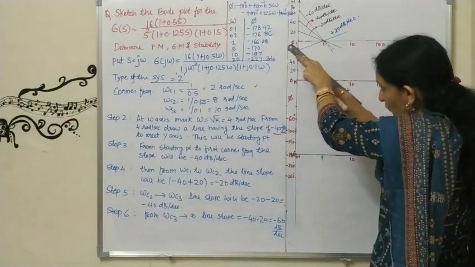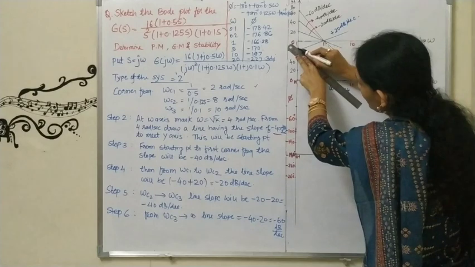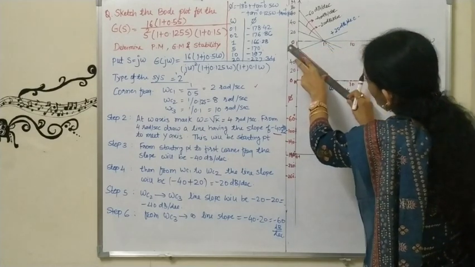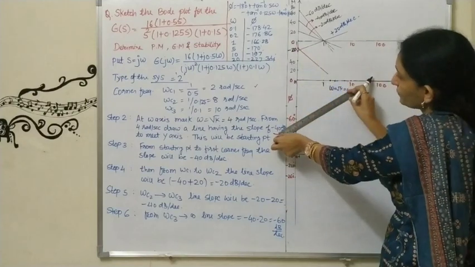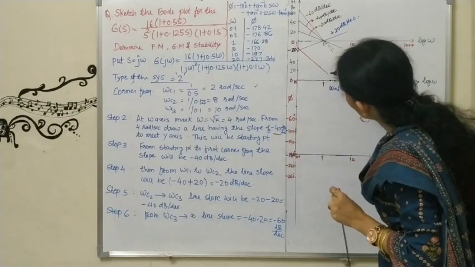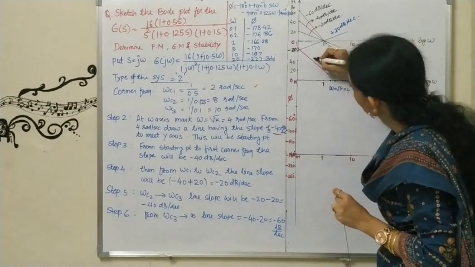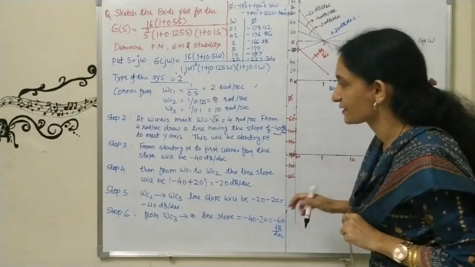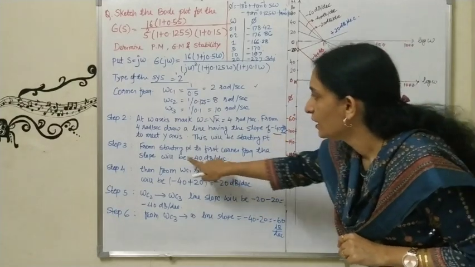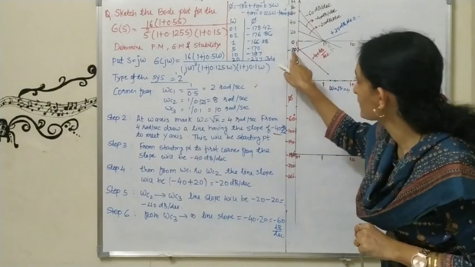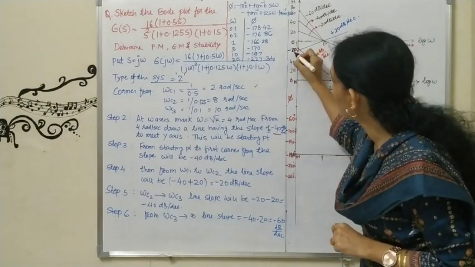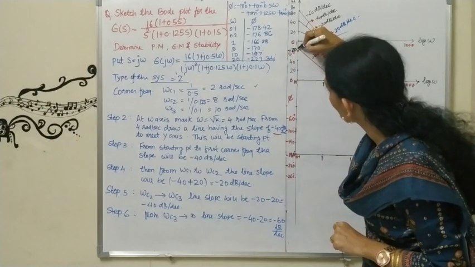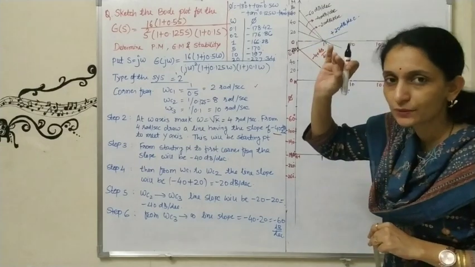Okay. So look at this here. 1 is there. So I will draw the line with minus 40 dB per decade up to the first corner frequency. Look at this. So it may be my 2. Okay. So this is a line slope with minus 40 dB per decade. Okay. Now next, I have completed this step. Now from the starting point, look at this. This is the starting point. Whatever I have shown minus 20 there, so this is actually 60. Okay. So you can check that I got a starting point here just above the 60 dB.